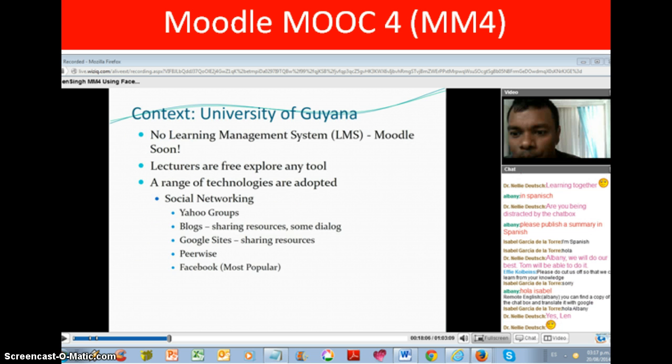To start with the content of the presentation, Mr. Singh talked about the current context of the University of Guyana in relation to learning. He says they don't have any learning management system and they want to apply Moodle soon.